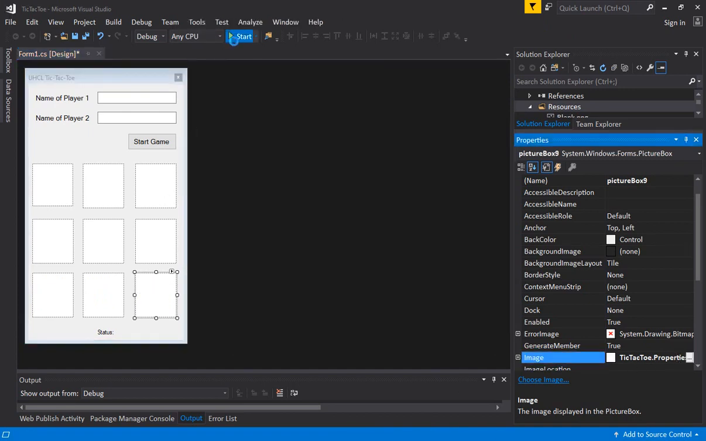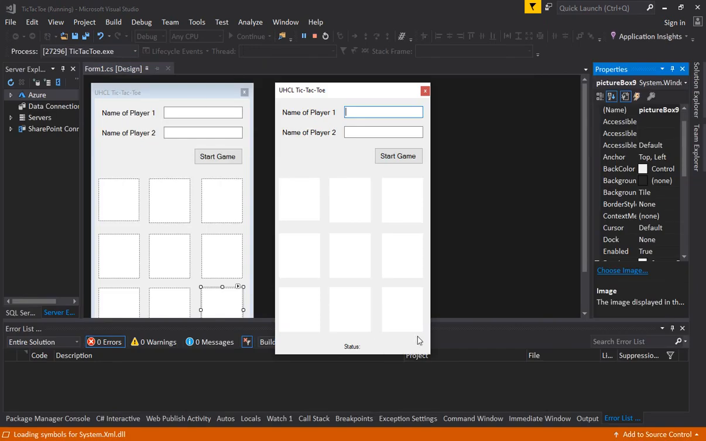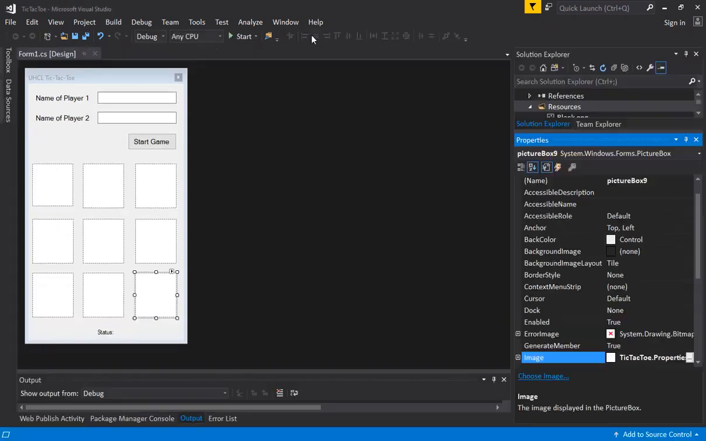Alright, so now when we run this, this is how your program should load up. Now in the next part of this video, we will show you how we can change the X and O,